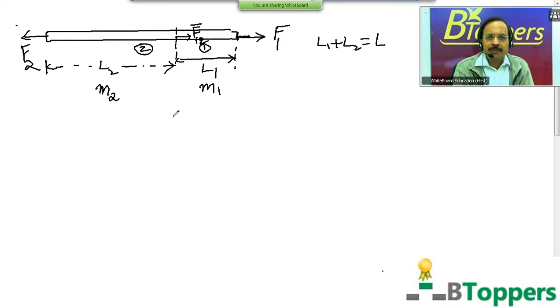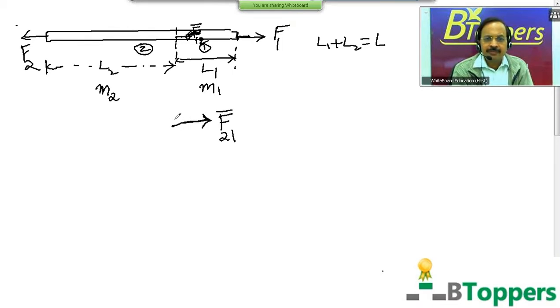Again, listen, I draw it more clearly on the right side and below. The first part of the rope pulls the second part towards right. So I draw the action-reaction pair in a separate figure for more clarity. The first part of the rope exerts a force on the second part towards right, which we denote by F bar subscript 1. F bar subscript 1 is the force on the second part by the first part, which acts towards right.